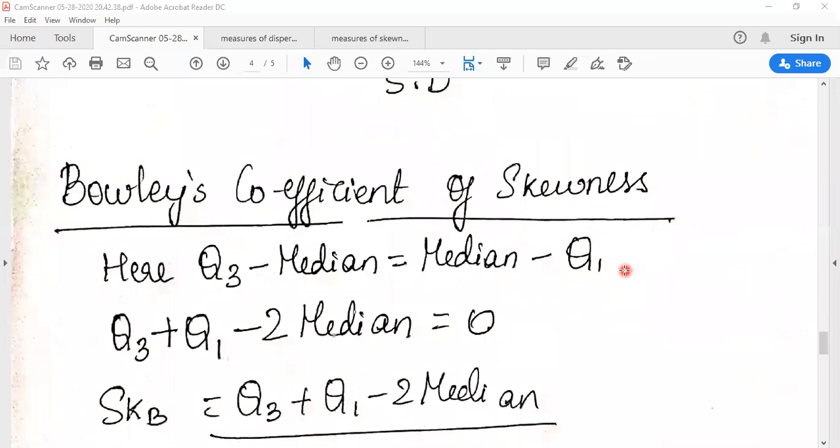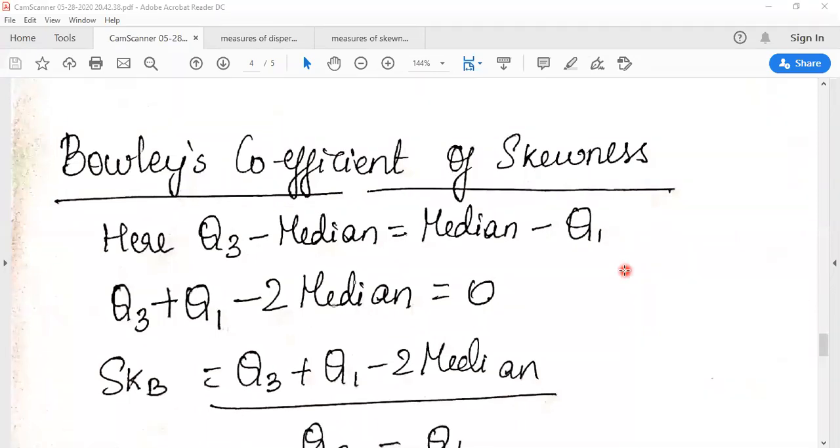And we have one more person who has given the coefficient of skewness, that is Bowley. Bowley's coefficient of skewness talks about equal distance between Q1 and Q3. Suppose you have Q1 and Q3, and this is the data range. If you have Q1 here, this is the central value, and this is Q3, Bowley is saying there is an equal distance between Q1 to the central value and Q3 to the central value. The central value is nothing but the median average. In such a scenario, what will happen?